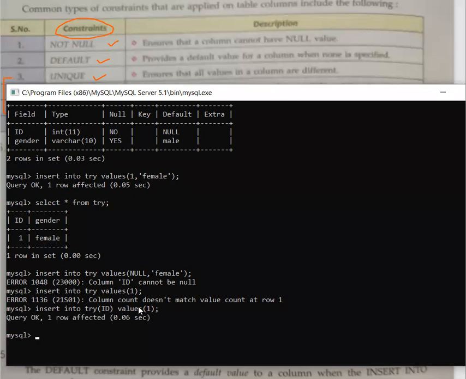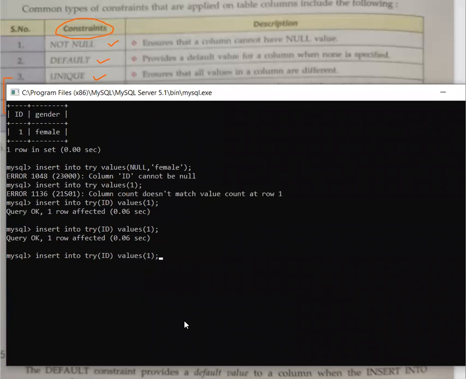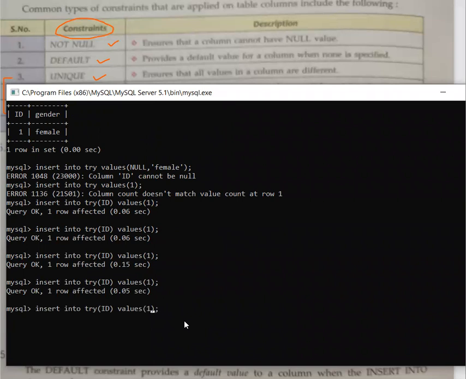It means that in ID I wanted to store the value 1, and in ID again the value 1 is inserted. See how many 1 values I have already inserted, fine, because I have not given any constraint here that it must be unique. Therefore I am able to insert.